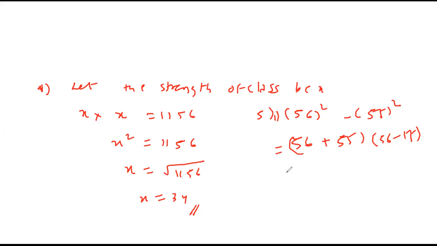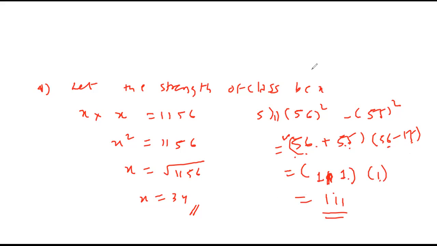Sir, after this, what do we have to do? I got confused. Which sum are you saying? This sum only? Yes, sir. Then add, no? This one only: 56 plus 55, add and see what you get. 111. 6 and 5 is 11, 5 and 5 is 10, 11. So 56 plus 55 is 111, and 56 minus 55 is 1, 1 into 111. So the answer is 111. Followed?